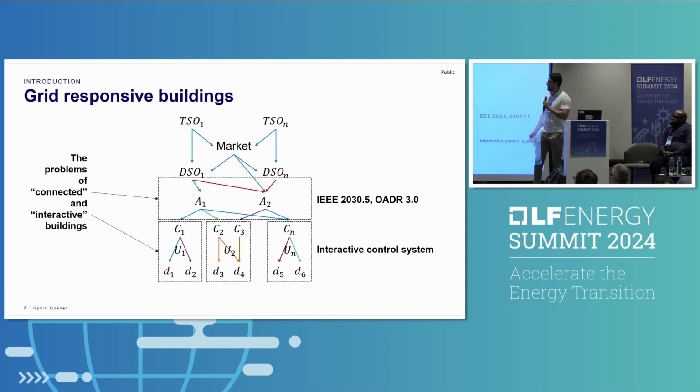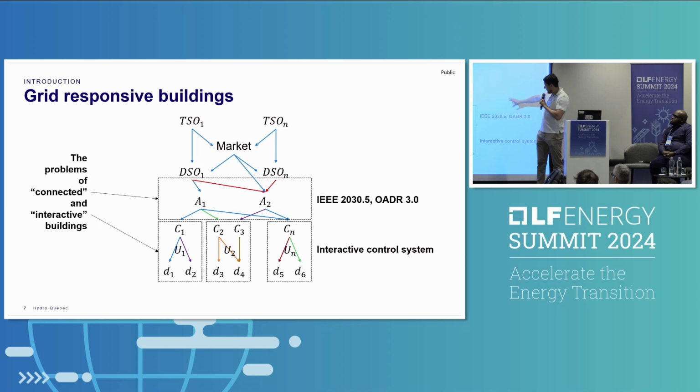So for example, we have the IEEE 2030.5, we have the OpenADR 3.0 specification. And of course, what we need is a way to make the buildings an asset for the utility. The buildings themselves need to become an asset. So we want connected buildings and interactive buildings that respond to the needs of the grid. And not only buildings, but all the assets that come with the building: HVAC systems, electric vehicles, whatever system is deployed, we need it to be interactive and respond to the needs of the grid.